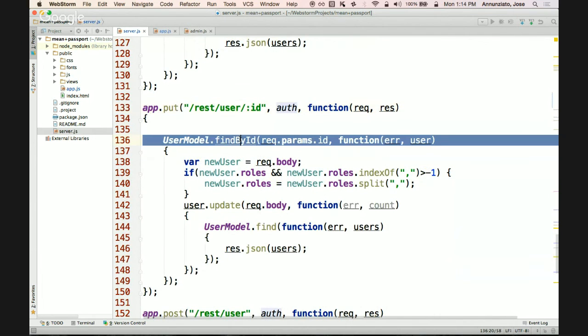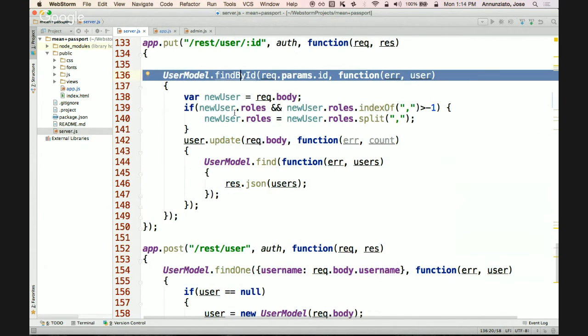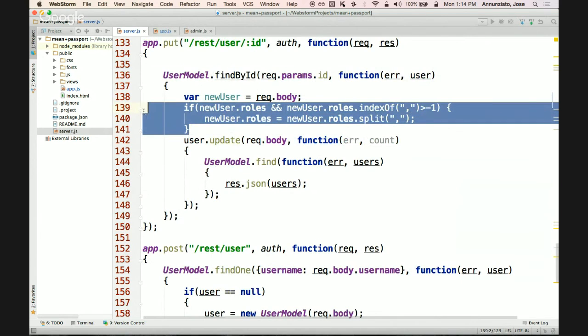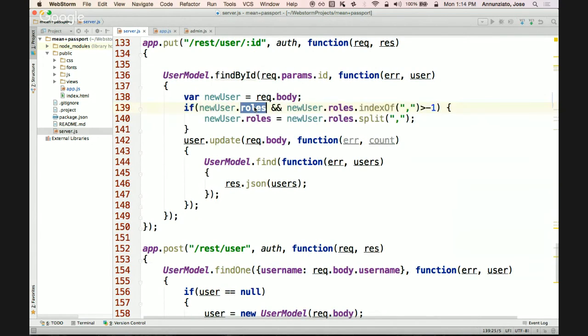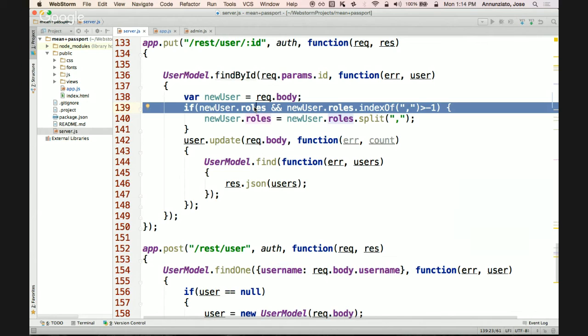And if you are authenticated, I'm going to look you up by ID, and I'm going to change you. Let's see, what's this? Oh, this is roles. I'm looking at the roles. I'm checking to see if the roles is a comma separated string, right? If it's a comma separated string, then that means that you want to be able to be in all those